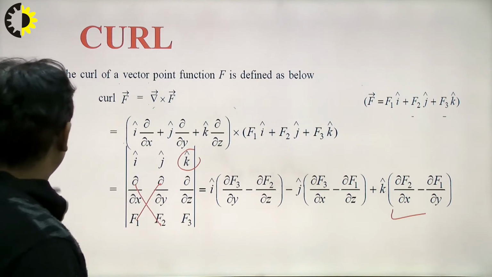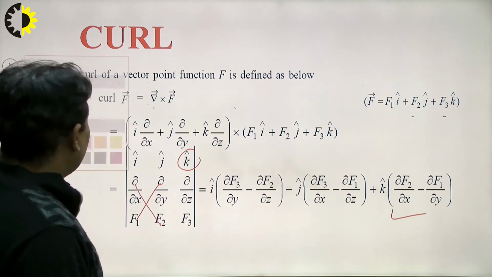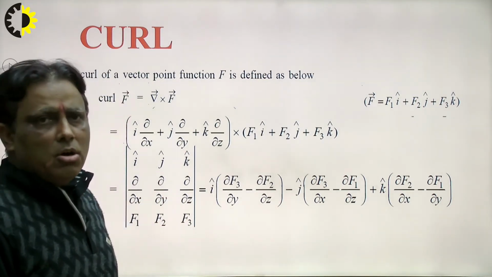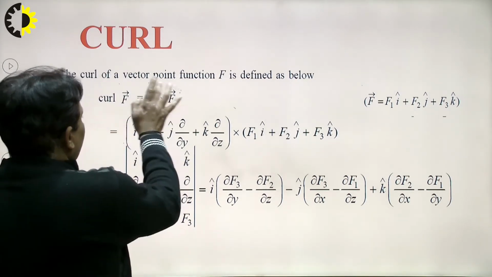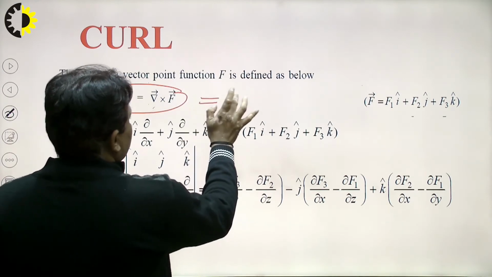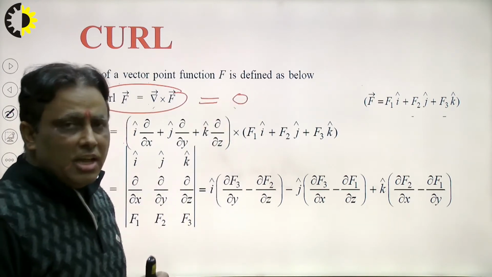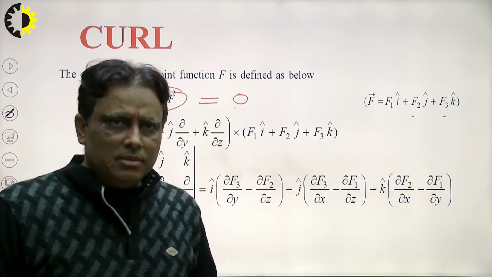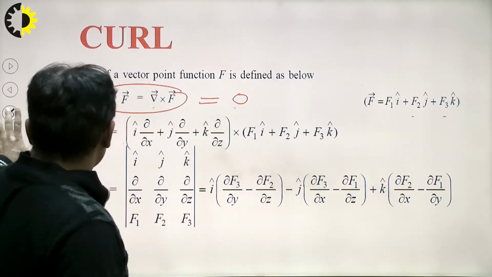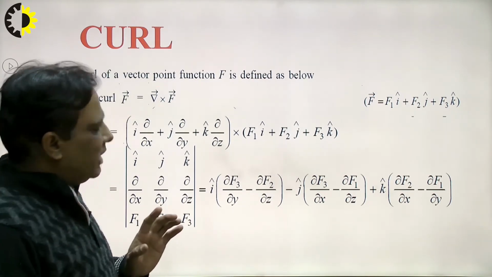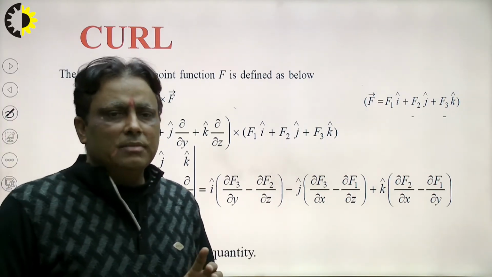In this way we can find out whether the vector quantity is rotational or irrotational. Students, keep in mind, if curl F is 0, that means the vector is irrotational, that means there is no movement in the motion of the particle in the vector. So in this way we can say that there are three most important things in this chapter.